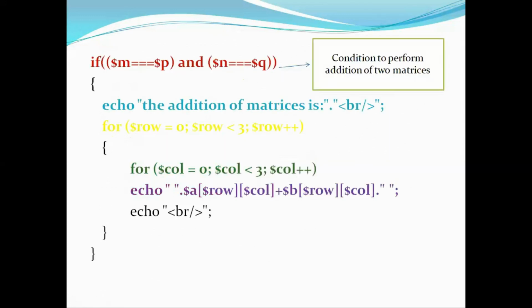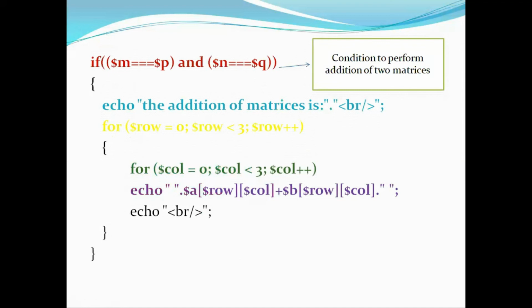Next, we need to perform the addition of two matrices. In order to perform the addition of the two matrices, we need to check a condition by using the decision making statement, a simple if statement: $m == $p and $n == $q. It is a conditional that checks whether m is equal to p as well as n